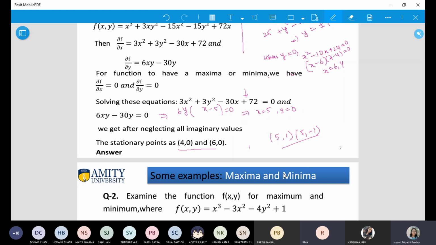Ma'am, if we put minus 1, then there will be minus 5. Why will we put minus 1? See, you have calculated x and y from here. We got the value y equal to plus minus 1 when x is equal to 5. And when you solve this, you got two values. One was y equals 0 or x equals 5. So when you have y equal to 0, these are the values. Right? When you put x equal to 5, these are the values. I want these values to be tested. Is it right or not?